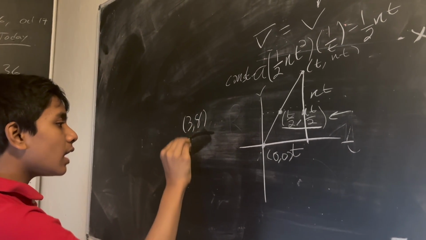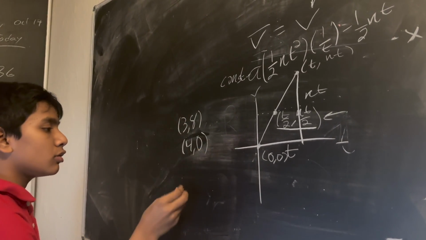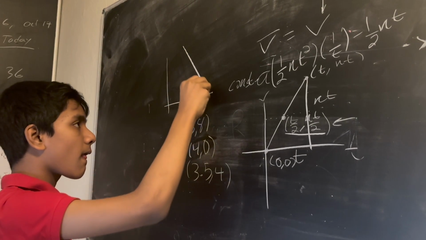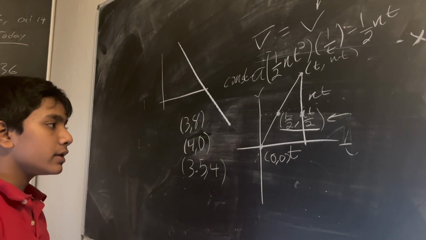you have 3, 8, 4, 0. Can you draw the diagram? Right. And you were asking,